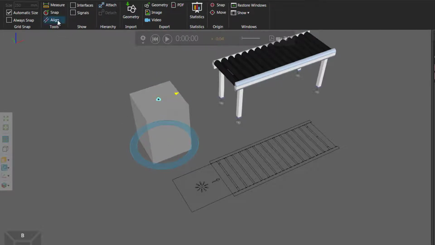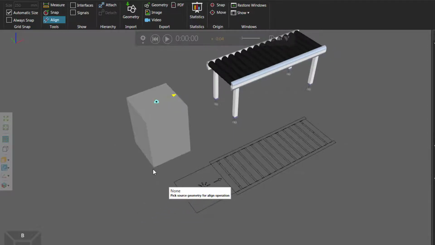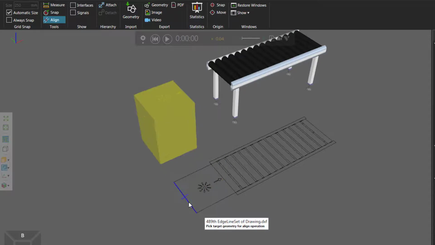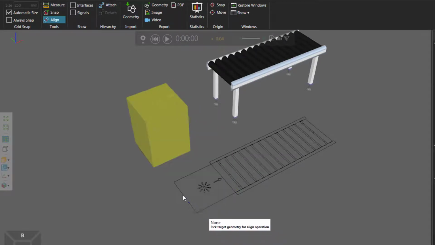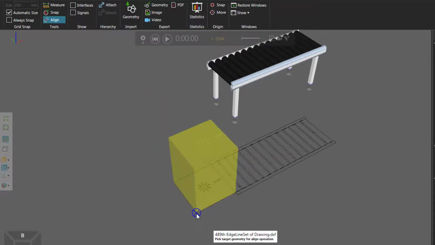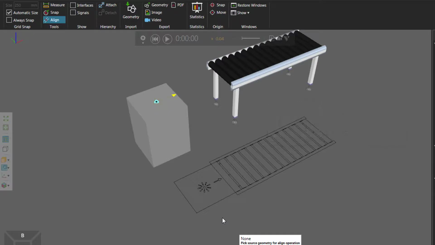Then go back to the tools group and use the align command. So the align tool allows you to pick the point you want to snap from. So the target geometry in this case is the bottom corner point here of the feeder. So I will click that, and now I can preview where that corner point will snap to. So I'm snapping the feeder to this location using that target geometry. So the preview here looks good, so I will click the point to confirm the change. Now, of course, if you make a mistake, you can press the Control plus Z key to undo that movement. But I do want to go here, so I will click it there.